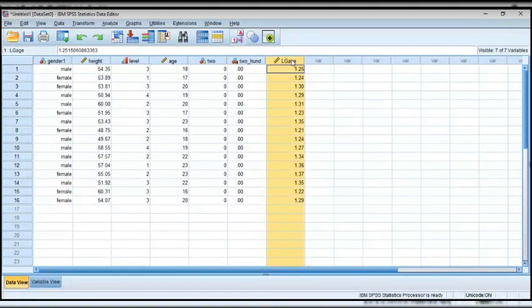Now, at times, the variables that you may be working with may not be measured in the same scale. For example, some are measured in millions of naira, some are measured in a very lower scale.